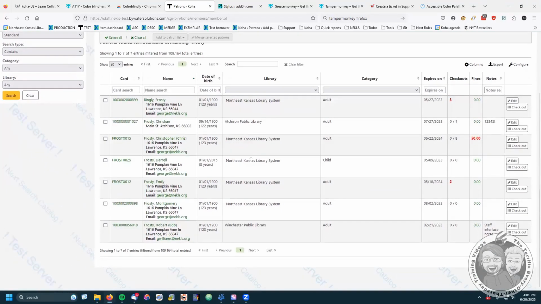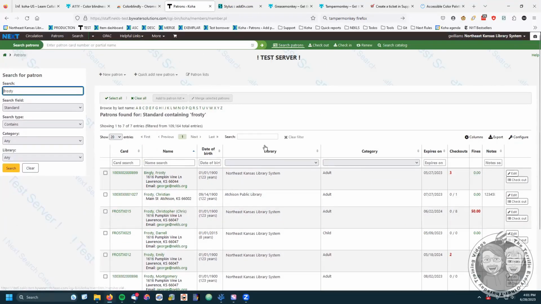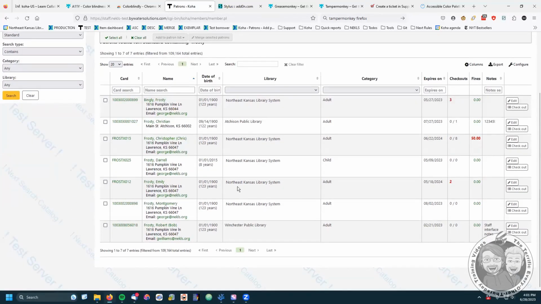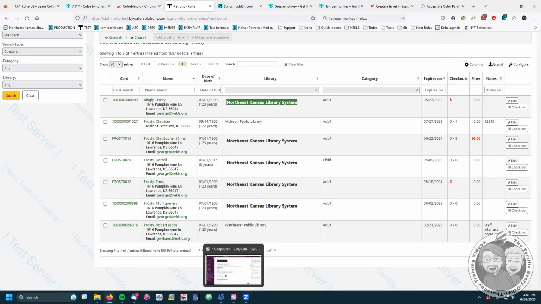I'm logged in at Northeast Kansas Library System, and I've got some Frosty. I've got a Frosty at Winchester and a Frosty at Atchison. Let me go back up here and turn on my sandbox. And so what I've got is code in my